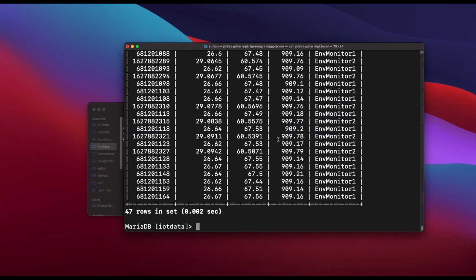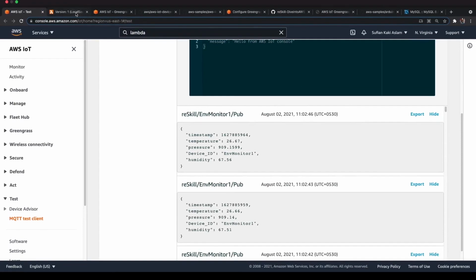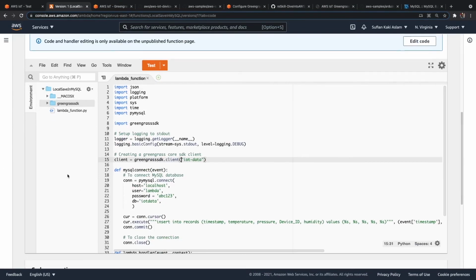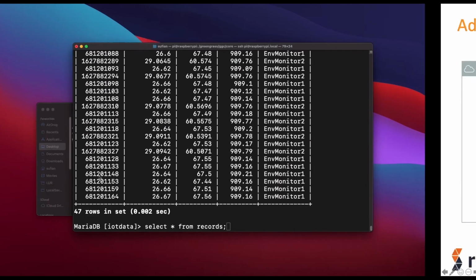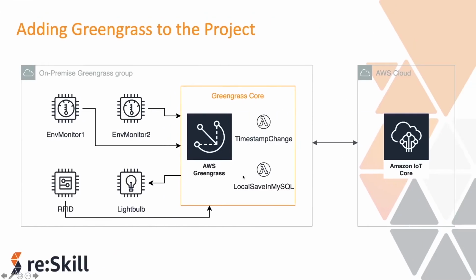We can do whatever we want to do. We can write queries, and similarly we can have one more Lambda function that is triggered periodically. What it can do is look into the values from a particular device and aggregate them, because currently these devices are publishing messages once every 5 seconds. Let's say we want to aggregate by minute, and then send it to the cloud.